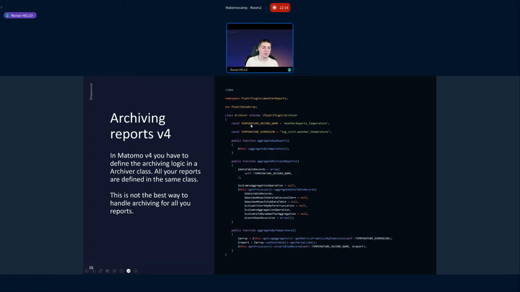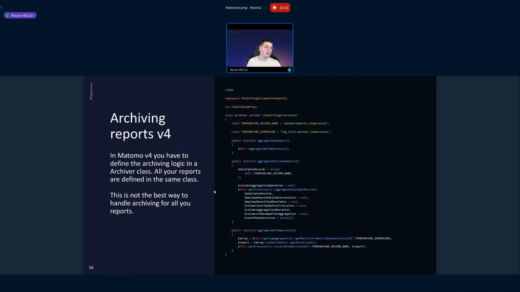And I reverse engineered many plugins of the Matomo instance. I see that every developer just defined constants as record name and dimensions. And then we just have to create in that plugin this aggregate by dimensions. So here is my temperature, which calls that function, and that function here is just running the importer process. It seems complicated, but you have to copy and paste, copy and paste, copy and paste that line and that function every time, and it will work for all of your dimensions.